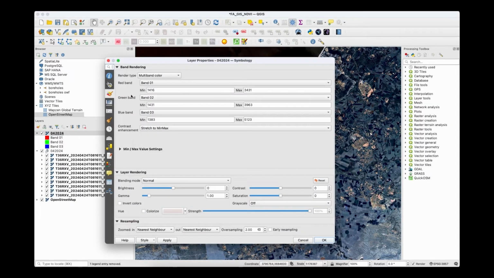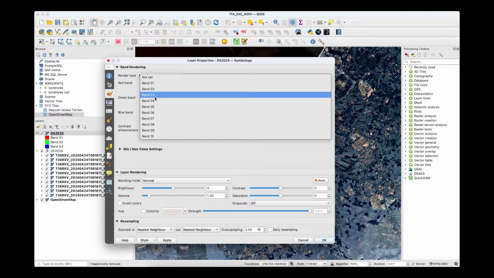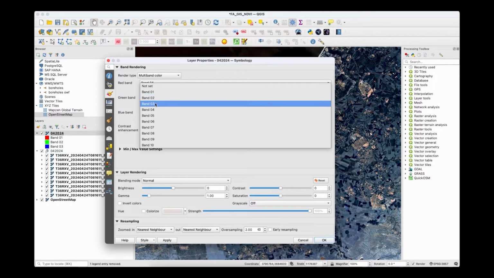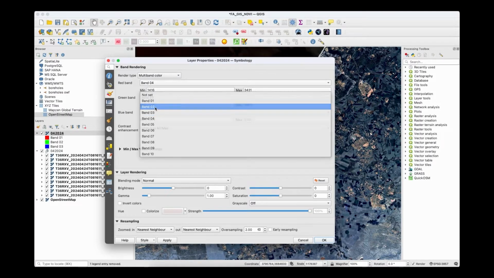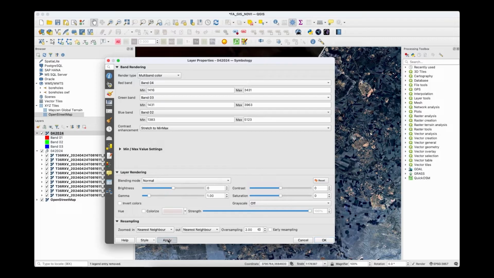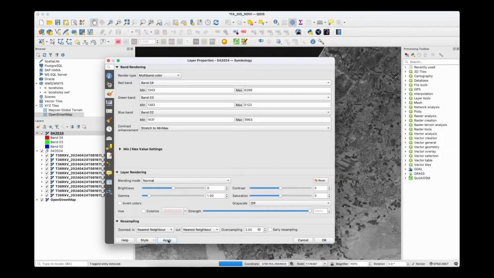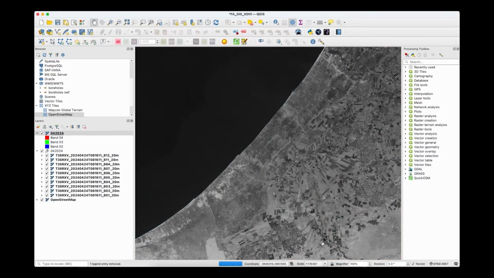So here is our multi-color band raster image. Once we double click on it, we have access to Symbology and we can assign different bands to the different channels: red, green and blue. For instance, if we try the combination 4-3-2 and apply it, we can visualize the visible part of the spectrum, having a comprehensive